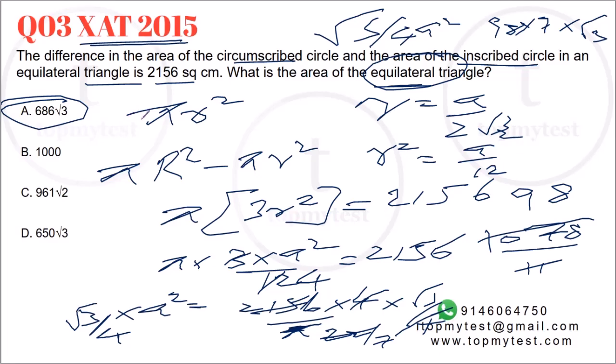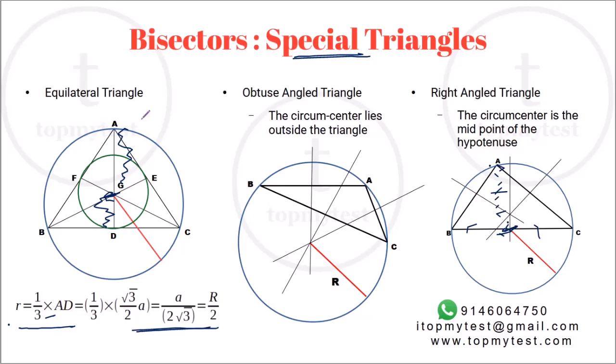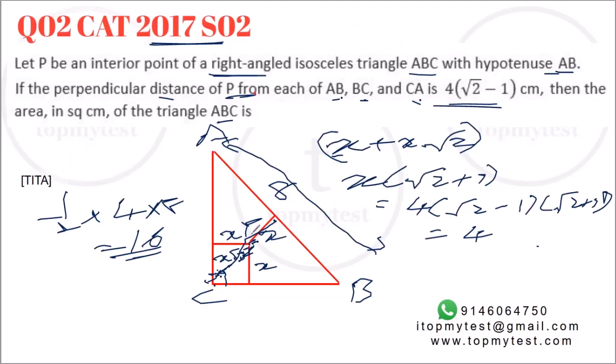So again, lines inside a triangle are not very difficult. Most importantly, try to fix them for special triangles like an equilateral triangle or an isosceles right angle triangle. The moment you can identify these special triangles, the difficulty level of a question drops by at least 50%. That is a key point in geometry. Identify the special triangle, most likely an equilateral triangle or a right angle isosceles triangle. Hit it with as many relations as you know, and your question will be solved. Usually the questions are solvable in geometry within 2 minutes.